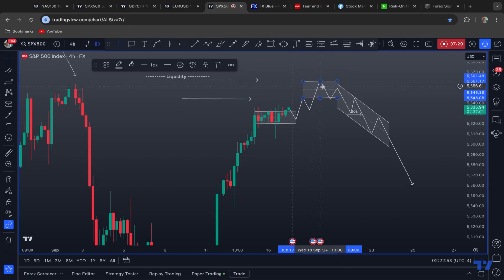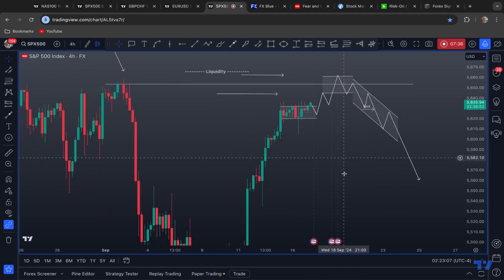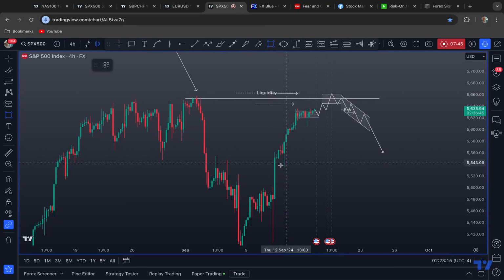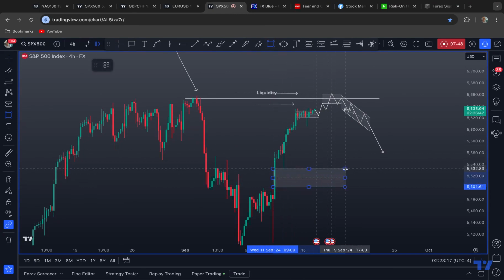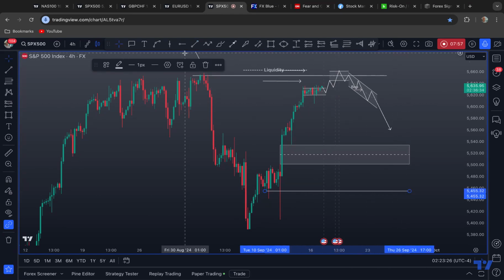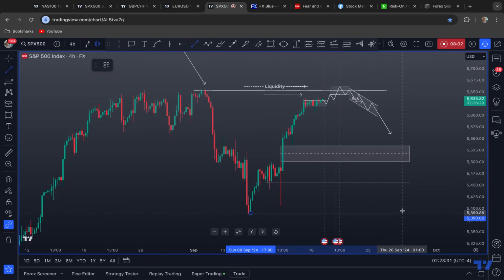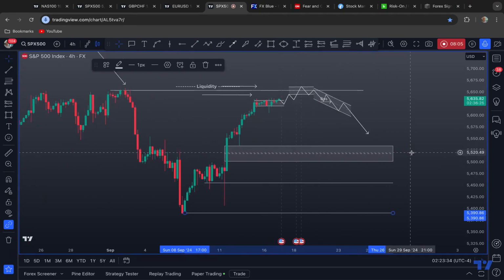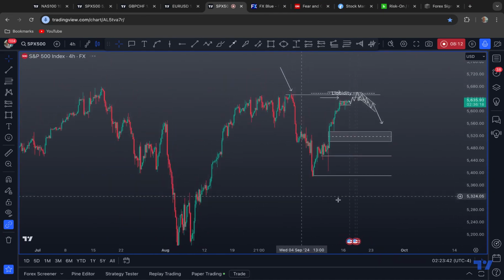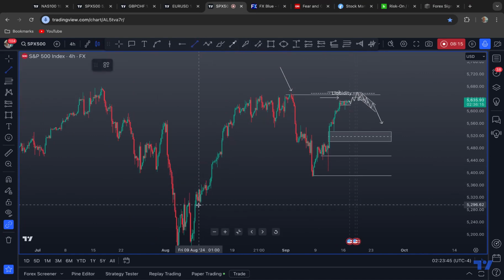But wherever it rotates, look for the break and retest and lower highs and lower lows to kick in, and then that's your opportunity to get involved. Now, from there, you've got these targets here. You've got this bullish imbalance through here. That's a target. The lows under here are a target, right? So you could look to take partial profits if you want, or close your trade and re-enter on a retrace, something like that. There are some potential targets,